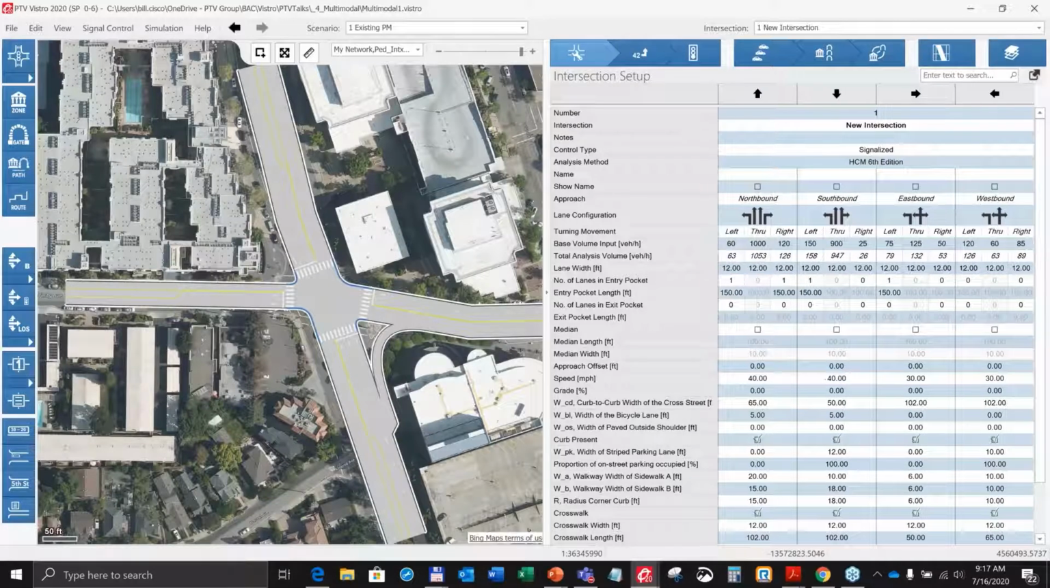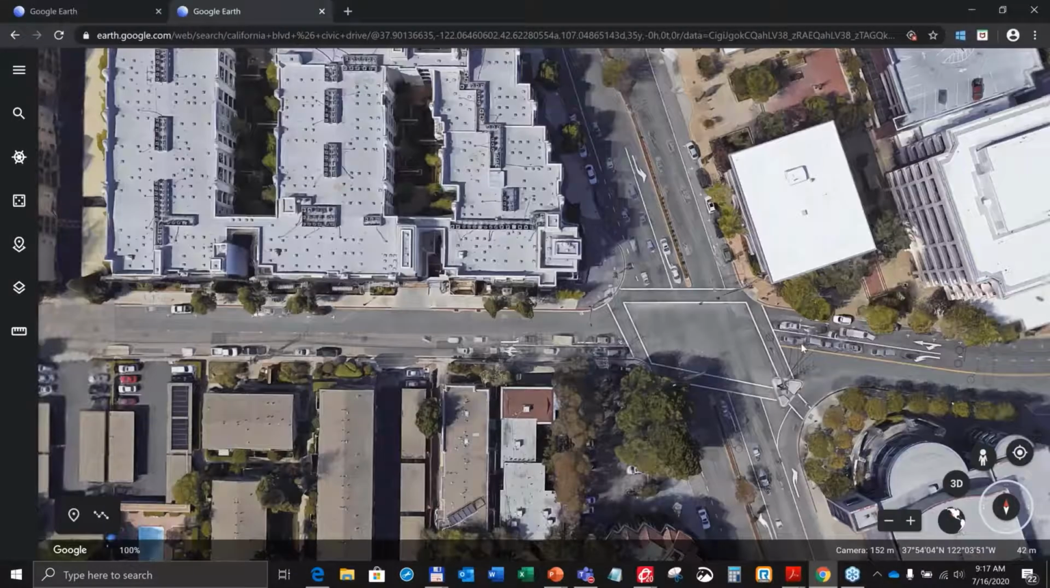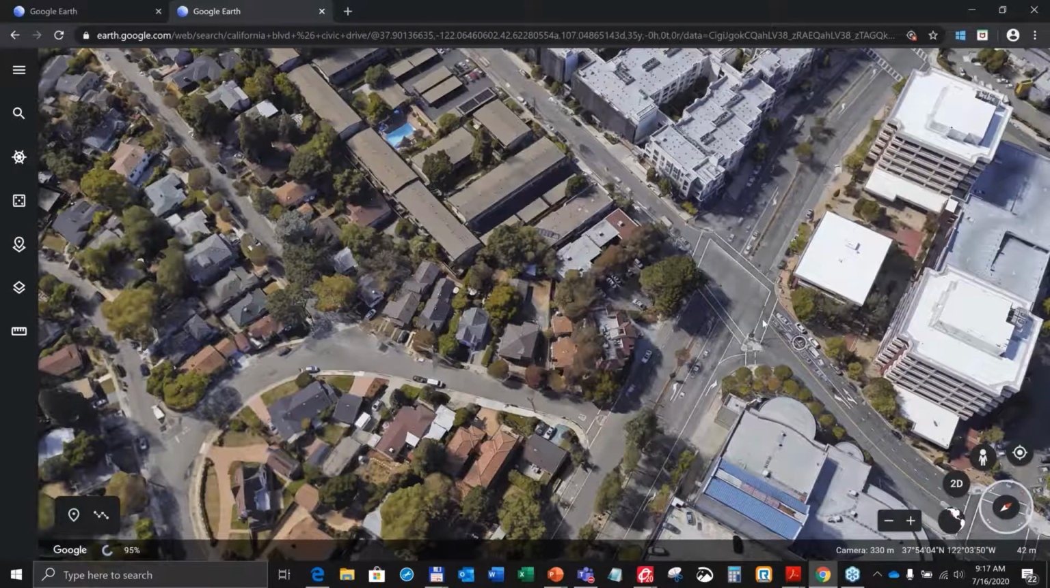So these include the curb to curb width of the cross street, because that's part of it. How far does a bicyclist, say traveling northbound, have to traverse in terms of the cross-sectional width of the east-west roadway, as well as width of the bike lane if there is a bike lane, or a width of an outside shoulder if there's not a bike lane. So in this particular location, we do have bike lanes in the,